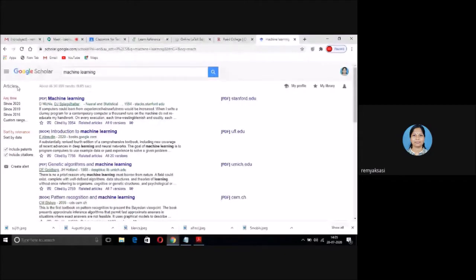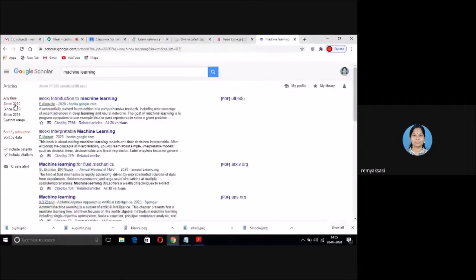And here, instead of simply googling, we have papers since 2020. Here the first paper given to us is from the year 1994. So if you want some new papers, you can search here. Okay, so first is a textbook about introduction to machine learning.